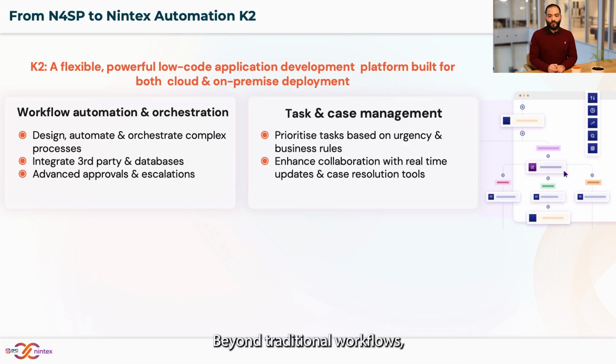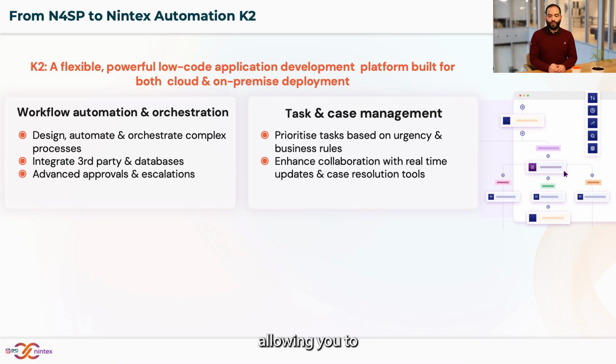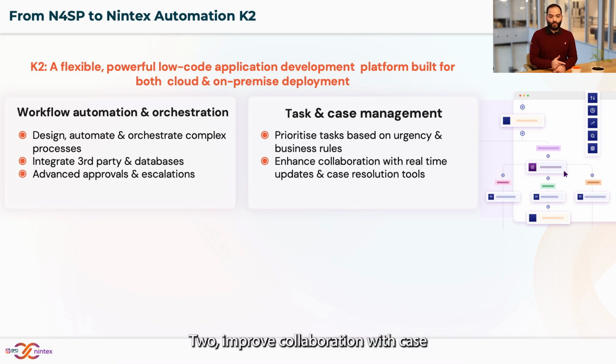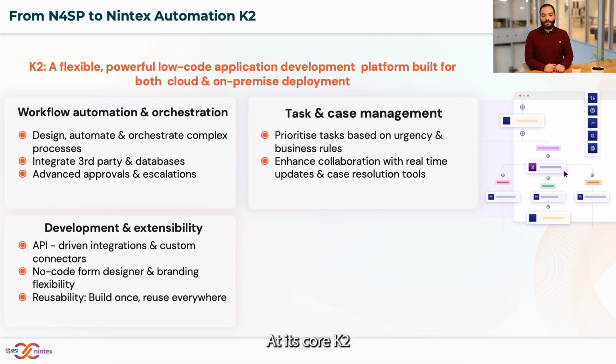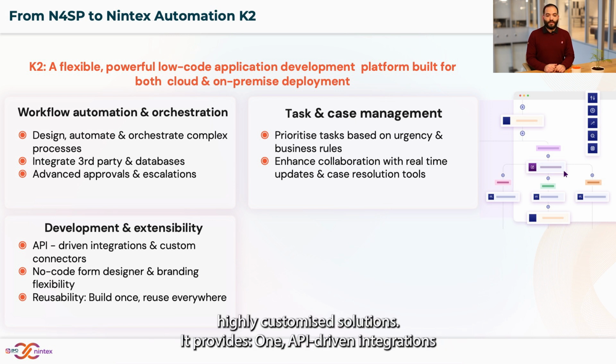Beyond traditional workflows, K2 provides a comprehensive task and case management system, allowing you to, first, track and prioritize tasks based on urgency and business rules. Second, improve collaboration with case resolution tools and real-time updates. At its core, K2 is a low-code platform, but it also offers the extensibility developers need to create highly customized